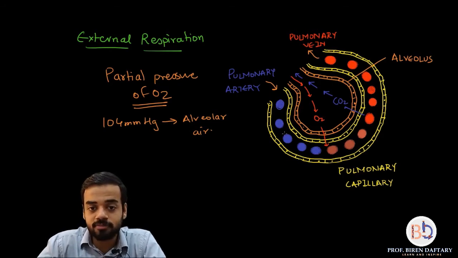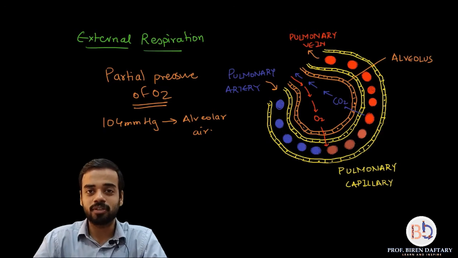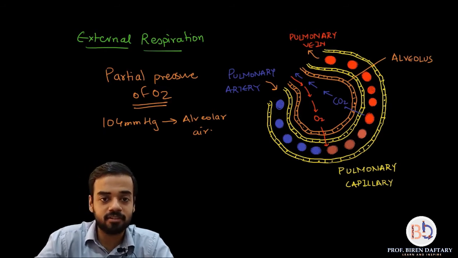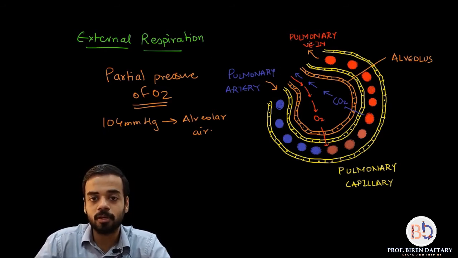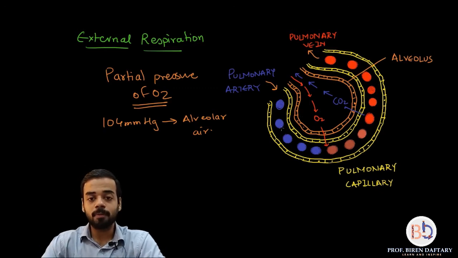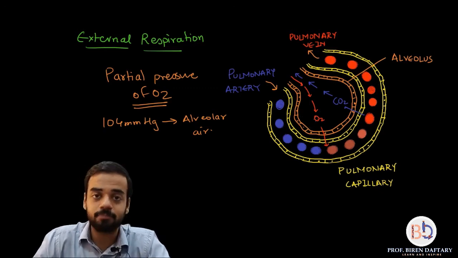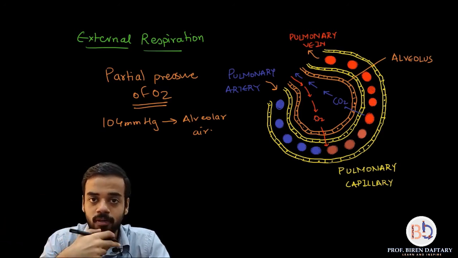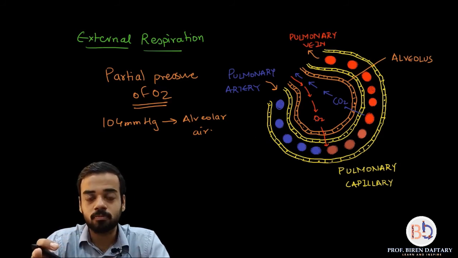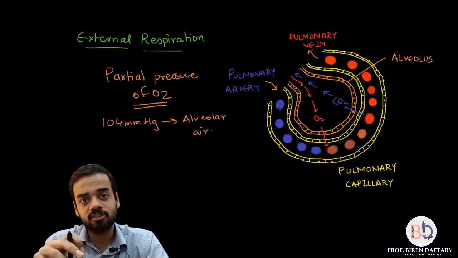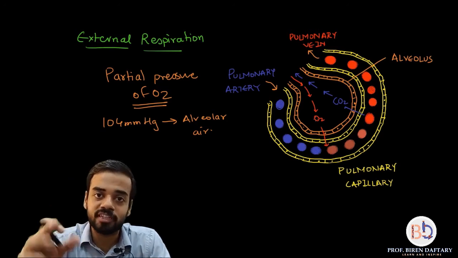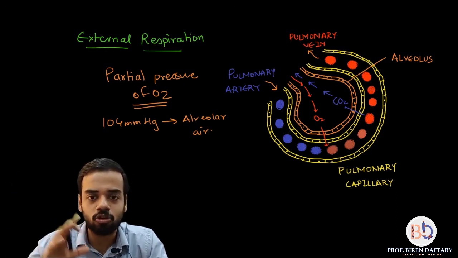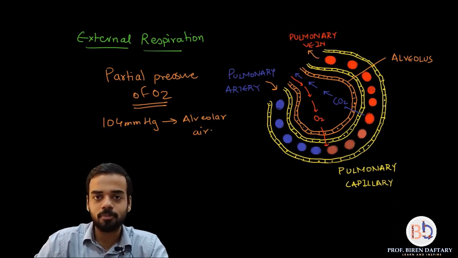These are the red blood cells which I have shown, signifying blood. So this blood which is flowing in the capillary, the direction of flow is from pulmonary artery to the pulmonary vein, correct? So the blood which is flowing is also having oxygen. Please remember, the oxygen that you breathe in is going into the blood. Not all of that oxygen is used up. In the respiration reaction, some oxygen is used up and some oxygen again comes out with expiration. So it is not that all the oxygen that you take in is used up, some of it comes out, which is not used. So that oxygen will be flowing in this blood, correct?